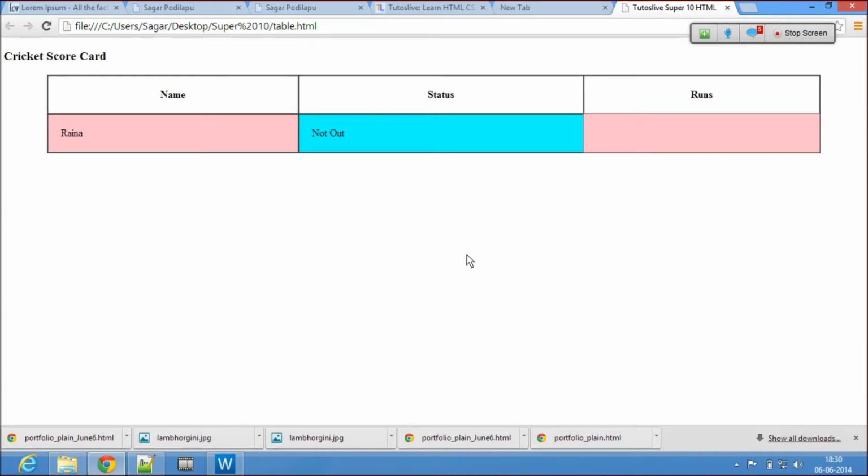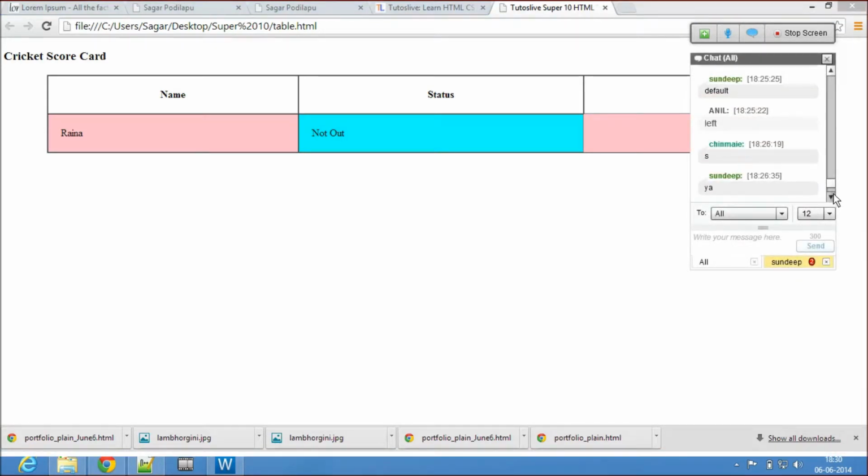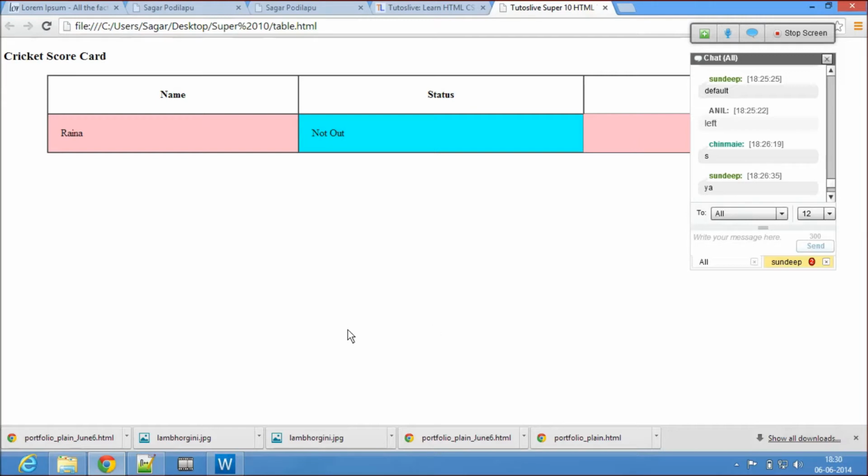Okay, did you guys spot anything here? Yes, did you guys spot something here? Just added a TD here. Right, it has added a TD there. Even though I did not add it, it has taken it. It did not add it, but it has taken that space. That's it, nothing more than that.